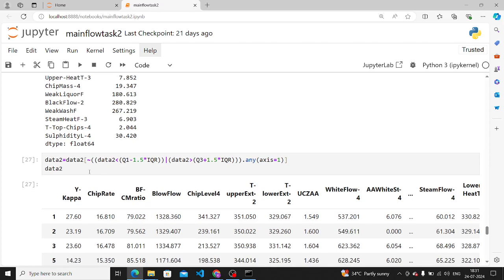Okay, now this is your proper method of using the IQR to remove the outlier. So it says that if your data2 is less than this formula, which is Q1 minus 1.5 into IQR, okay, so this 1.5 into IQR is basically setting the walls of your data values. And this says if your data is less than this formula, or if your data is above this formula,